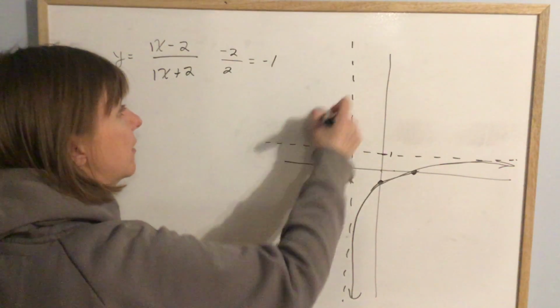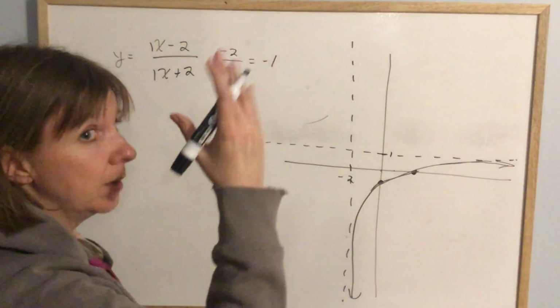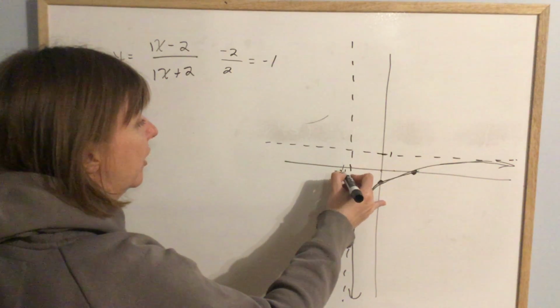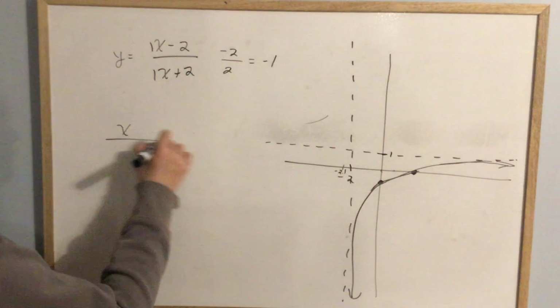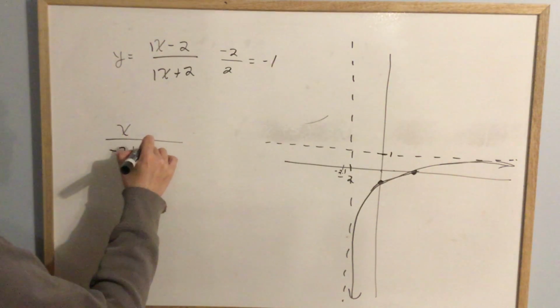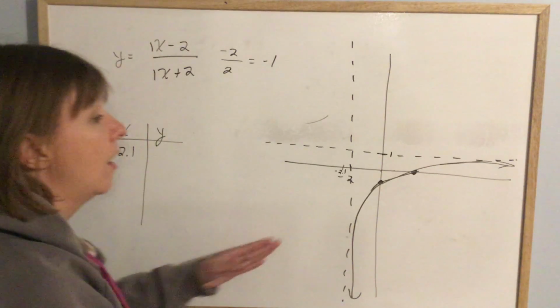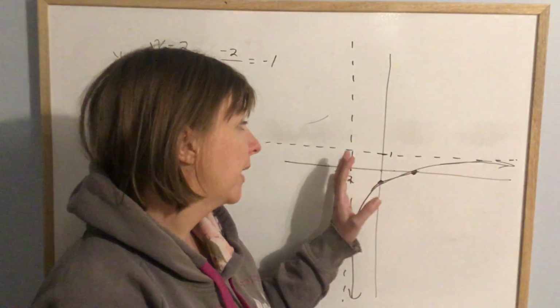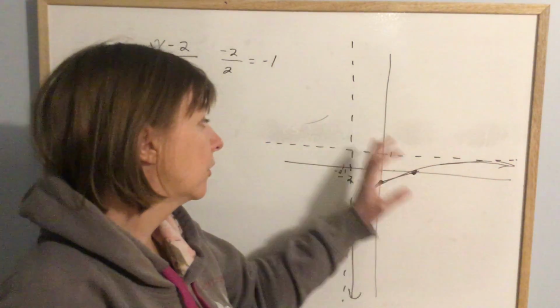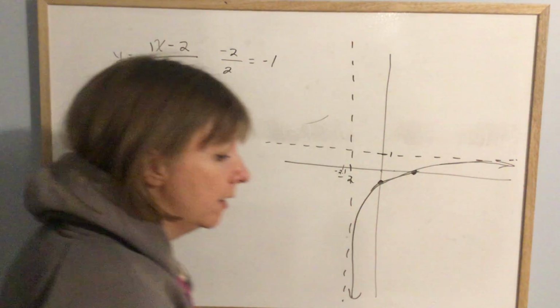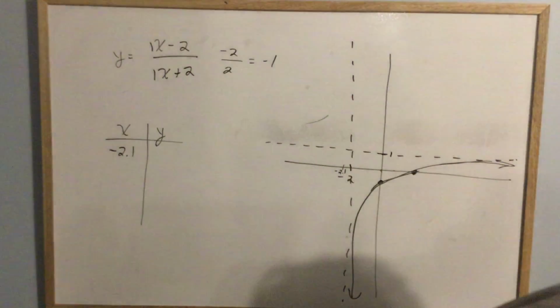So my guess is it's going to be up in this section, but I'm going to double check it just to be sure. I'm going to check, what if my x is -2.1? What if it's on this side of the asymptote? Because all my intercepts happened on this side of the vertical asymptote, so I need some information about over here. Not a lot, but a little bit. So if I do -2.1,